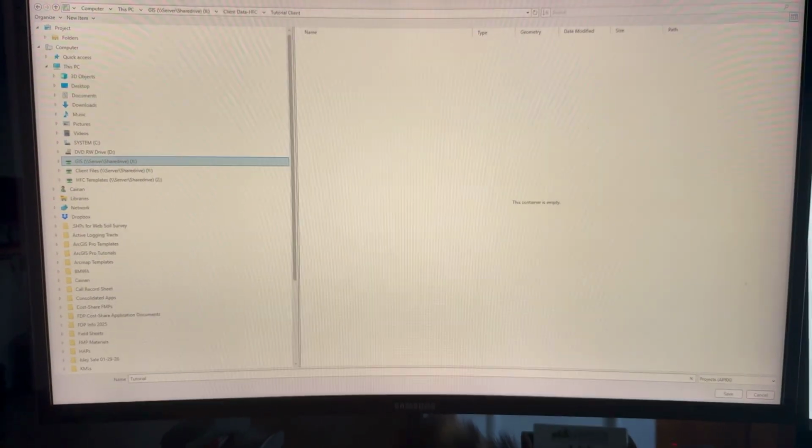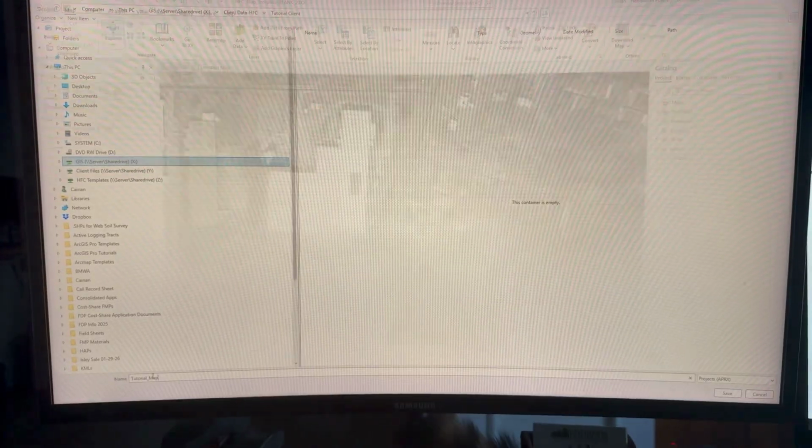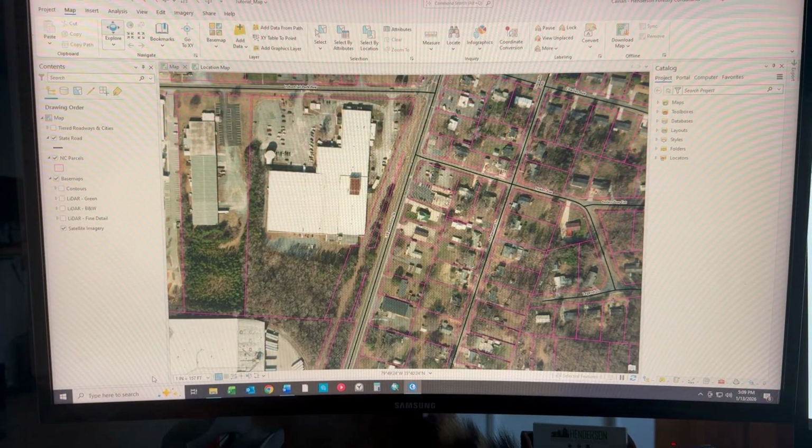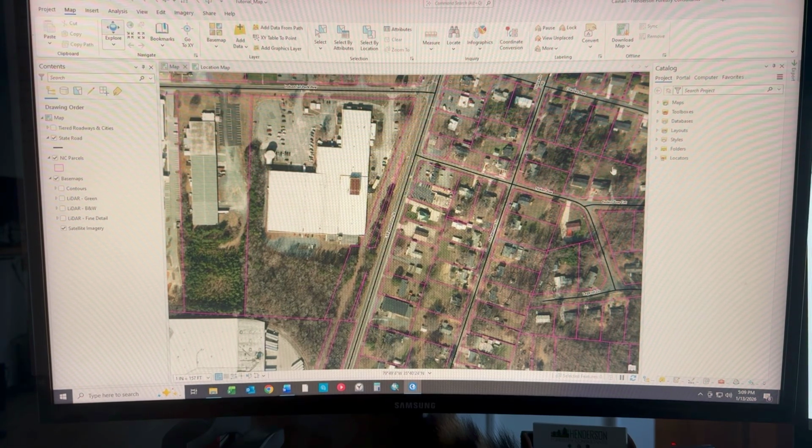I'm just going to call this tutorial map. Name it whatever. So now you have a map made in the client's X Drive folder, but the file geodatabase